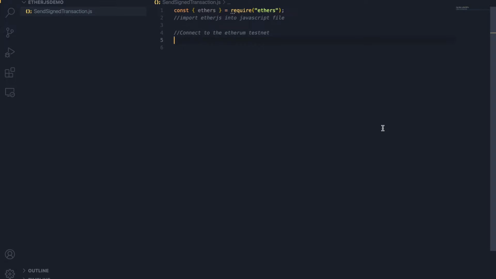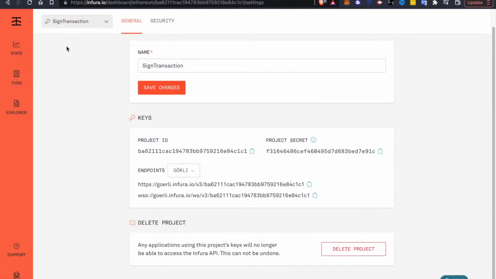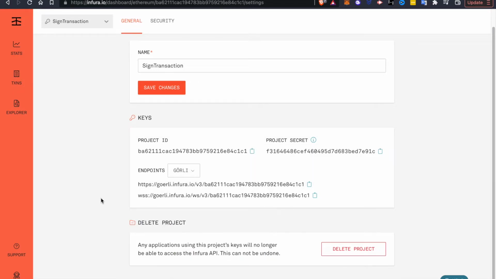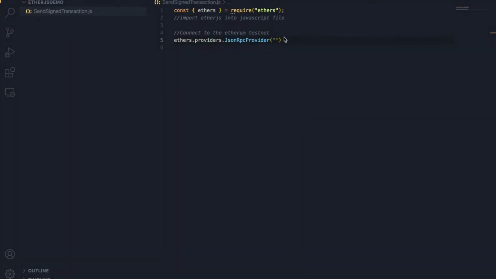Now that we got our JSON RPC that we could use to connect to the nodes of the blockchain and harness the full power of the blockchain, let's do that exactly for a script, so our script can interact with the blockchain. So to do that, we just need to type ethers.providers.JsonRpcProvider, and then we have to paste in our API endpoint from Infura. Make sure the endpoint is specified to the Goerli testnet because we're going to be deploying our script on there. So let's copy this endpoint and then let's paste it in here,